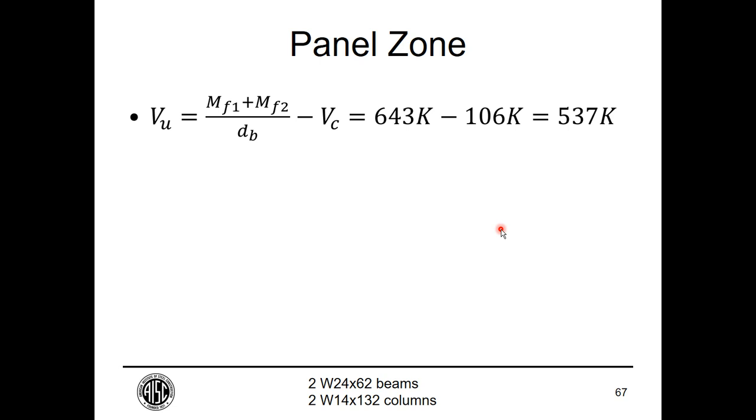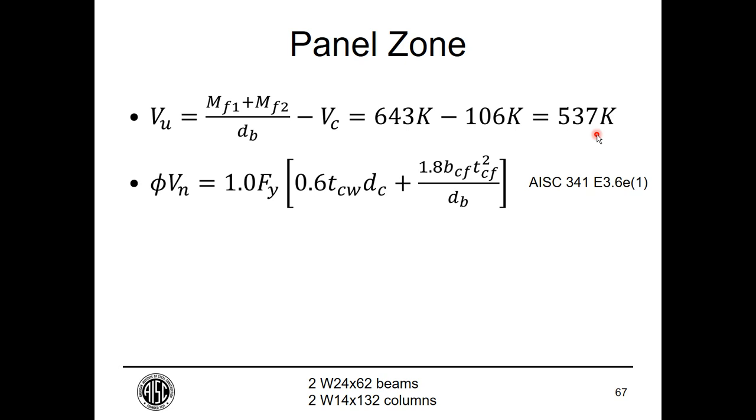We look at the panel zone. We have the moment delivered by the beam on the left and the beam on the right to the face of the column, and we subtract out the shear in the column, and that gives us a panel zone shear demand of 937 kips. Our capacity is given by this equation,